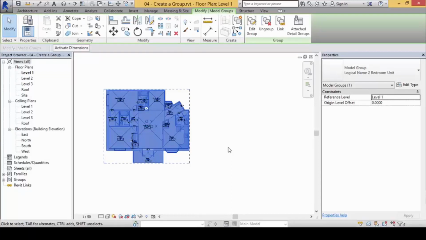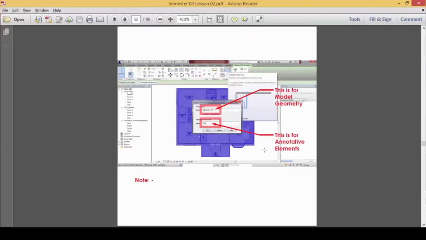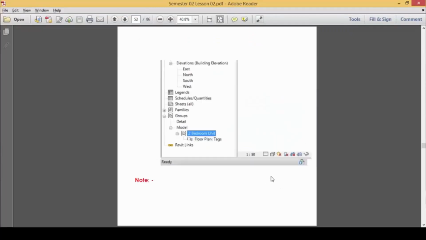The nice part about Revit compared to AutoCAD, okay, advantage over AutoCAD is things like name tags and things related to annotations, they are linked to the group, but it's not embedded into the group itself. So it's actually 2 separate elements. I will show you what I'm talking about. Now, with this, you have one for annotative element, you have one for geometry.